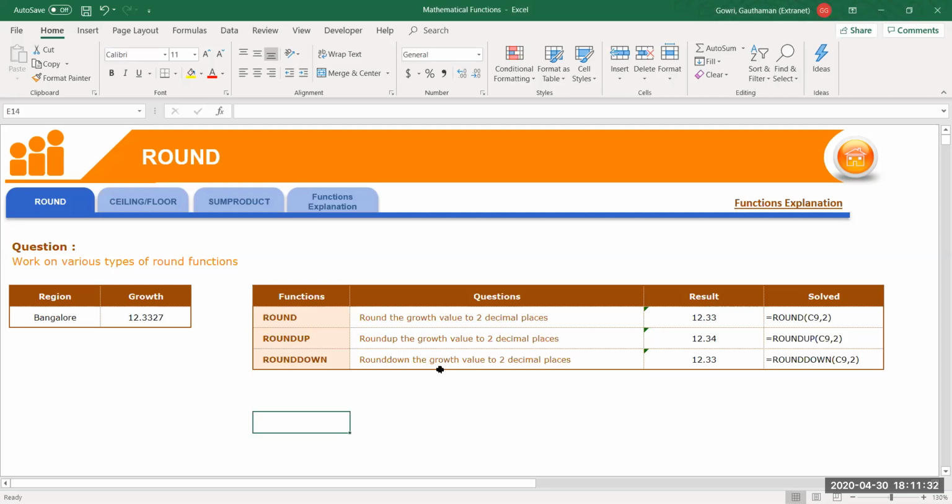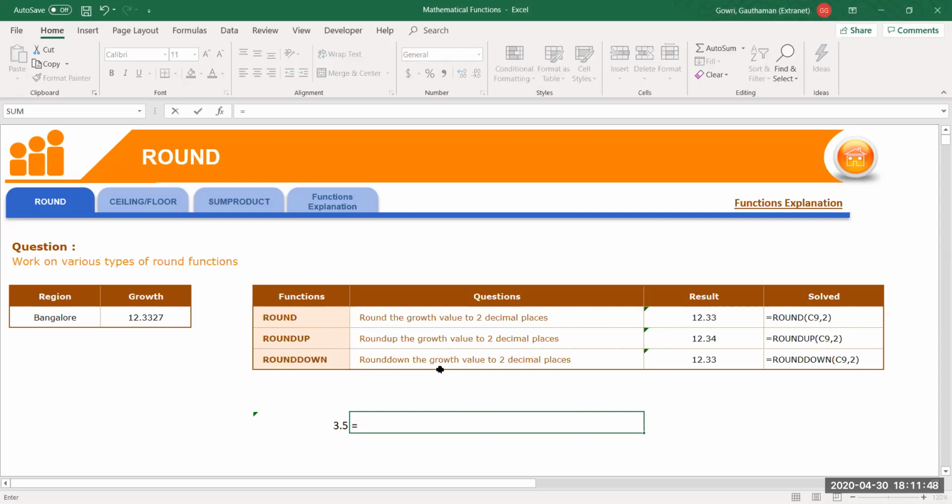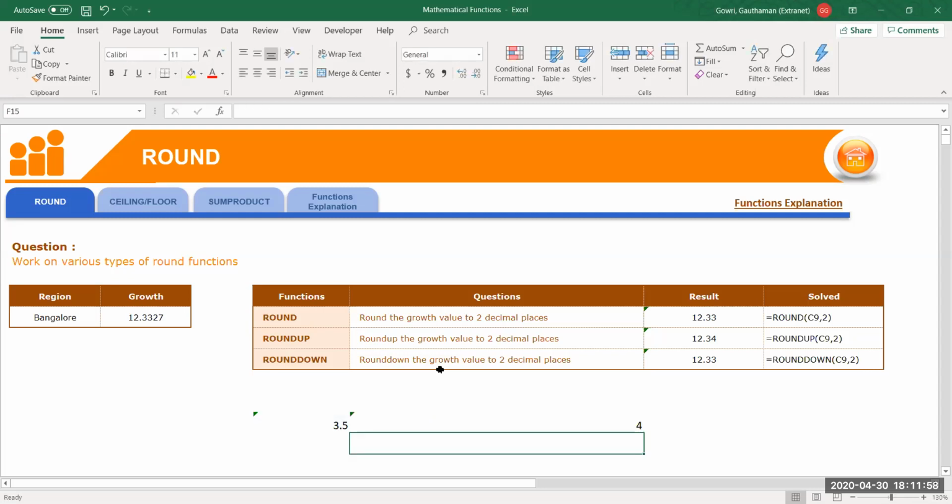Suppose I have some division being done, I can tell you where it can be applied. Now I know 7 by 2 will give me a decimal value, but I don't want this. I always want it to be a whole number. So what we can do is just use the round function. I'll take this and say 0 decimal places. I don't want any decimal places to be shown, so it will round it off. See, it will always give me this value.